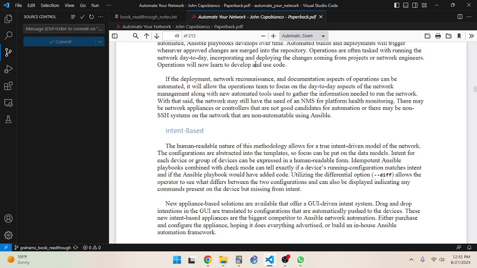If the deployment, network reconnaissance, and documentation aspects of operations can be automated, it will allow the operations team to focus on the day-to-day aspects of the network management, along with new automated tools used to gather the information needed to run the network. With that said, the network may still have the need of an NMS, network management software,